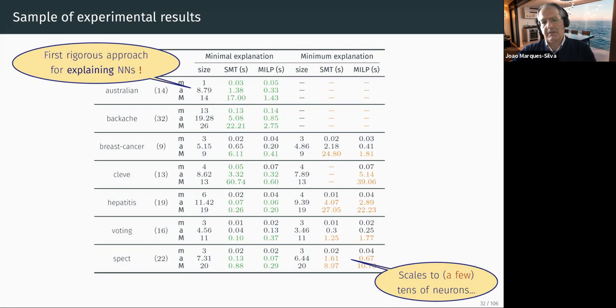So, again, we can do a few tens of neurons. The best that exists in terms of reasoning rigorously about neural networks is a few hundred neurons. This is not for explainability, it's for robustness. So this essentially says that if we want to do explainability with a better engine, we can probably go to a few hundred neurons, but that's it. And that is where a huge challenge currently is, okay? And that's what motivates the rest of this part of the lecture.